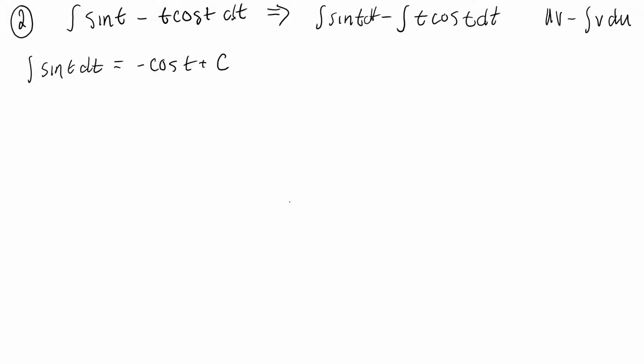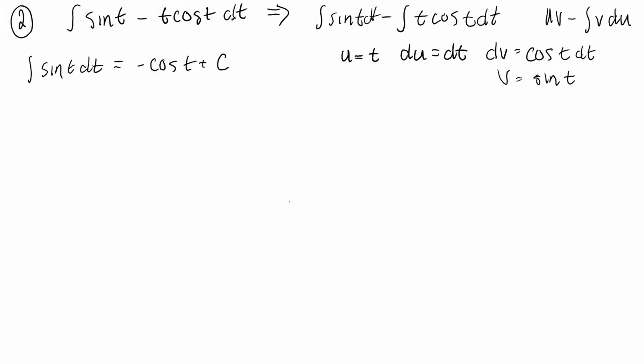So we're going to go ahead and call u equal to t, which makes our du dt. We're going to say that our dv can be cosine t dt, and our v is going to be sine